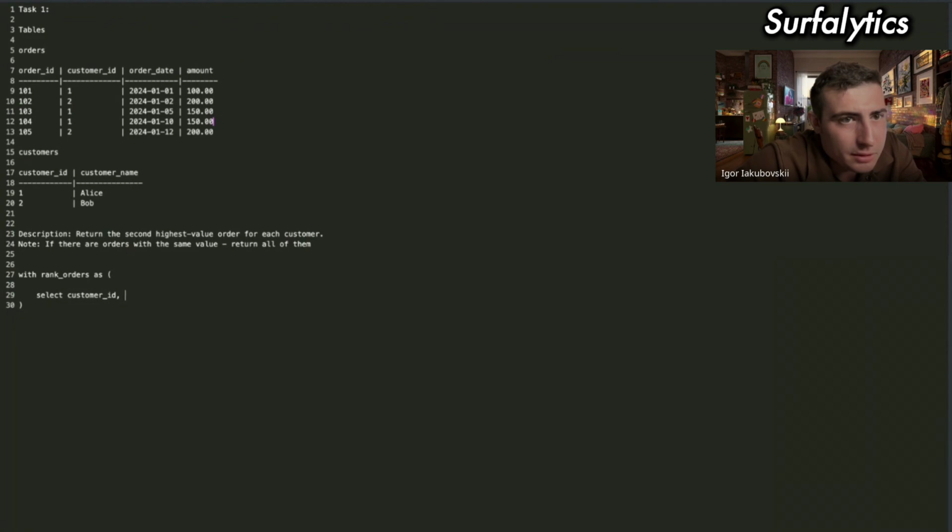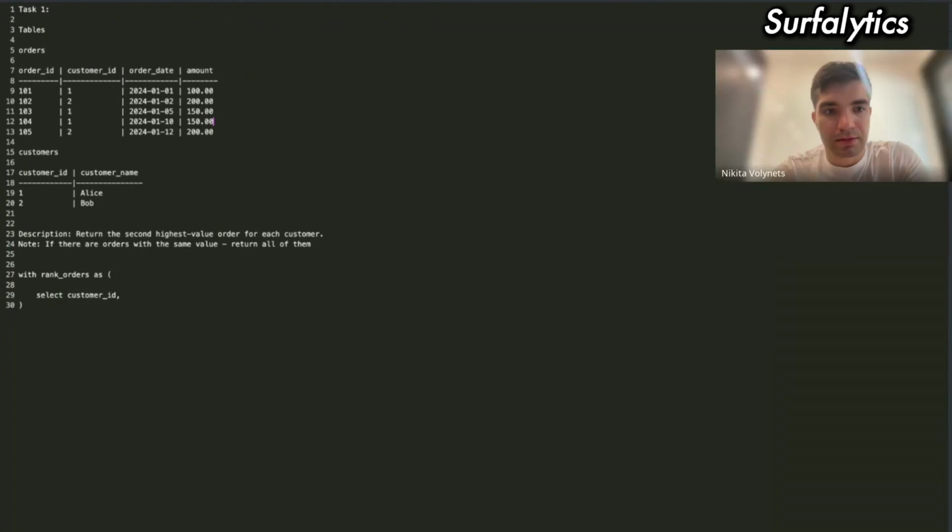Order date, and one row is a unique order. Yes. So in the orders table, there are unique orders, and in the customers table, there are unique customers. So unique customer ID field and unique order ID.